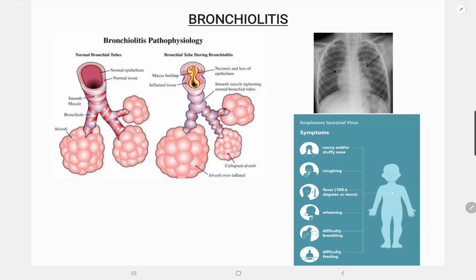Treatment for bronchiolitis is usually supportive care, such as restoring hydration and nasal suctioning. Hospitalization is required for patients in severe respiratory distress or those with apnea, hypoxia, or dehydration. And in dehydration, there could be reduced urine output and dry mucous membranes, and these findings typically warrant supplemental oxygen